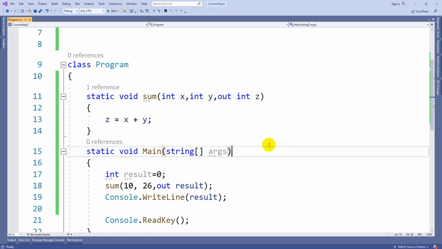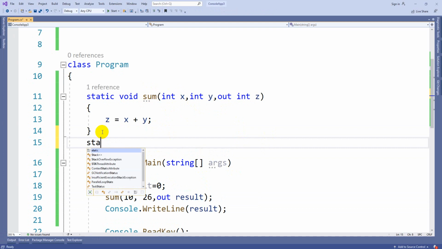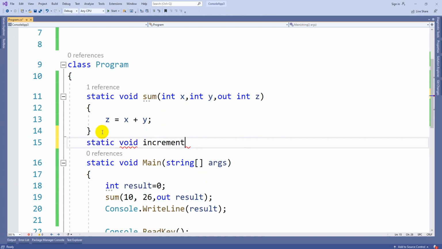This kind of method implementation is called calling by value. Now we are going to see calling by reference. Let's take the same static void increment.